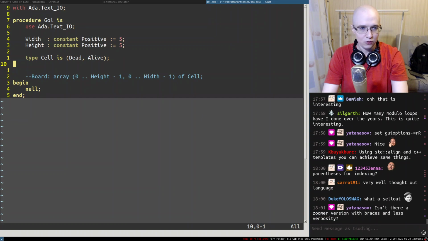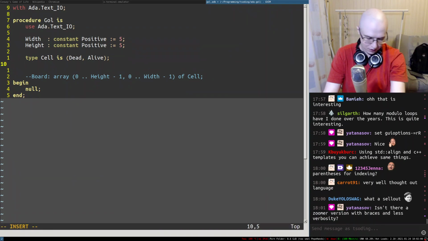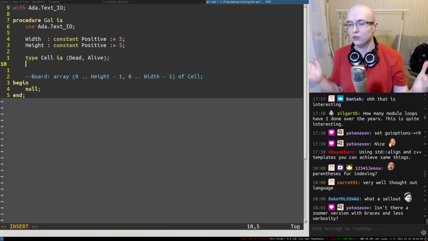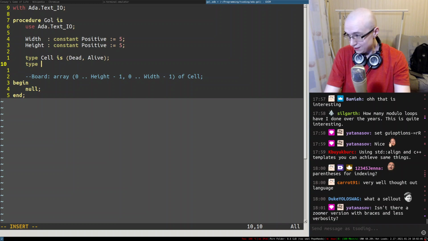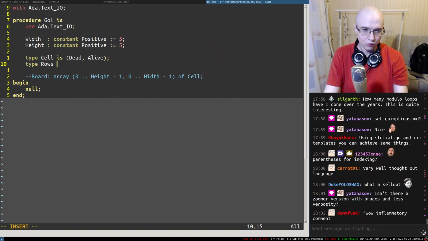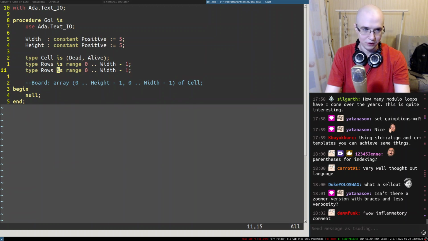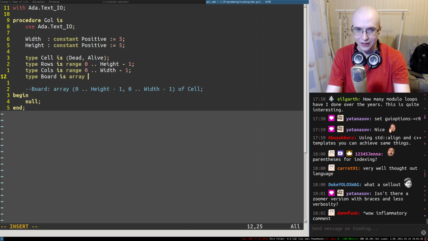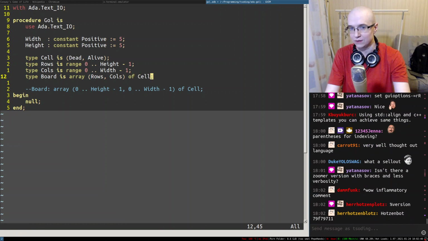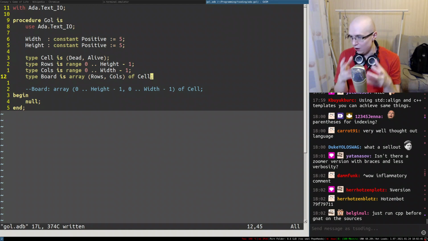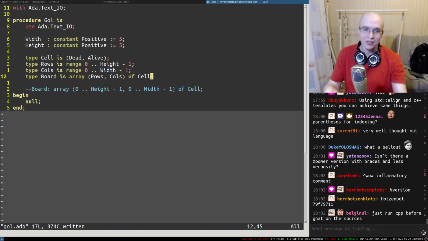All right. So for example, how can we describe a board? We can describe a board in terms of rows and columns. So a board consists of rows and columns. For that, we can define a range of rows and columns. So rows is a range from, let's say, 0 to width - 1. Something like this. Then we can define a separate type for columns. Well, rows has to be height, by the way, and columns is going to be that. Then we can define a type of a board, which is a two-dimensional array that uses rows as the first dimension, columns as the second dimension, and it consists of cells. So we're building up the vocabulary of our domain. We have cells, rows, columns, boards. And what's interesting is that